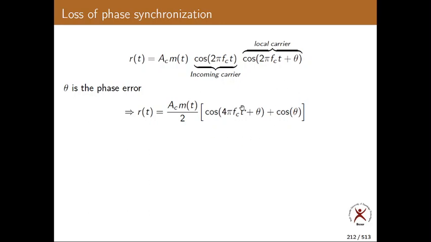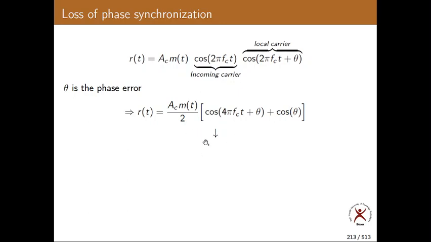In the previous example, theta is 0. I did not take any phase difference or any frequency difference. I have taken both carriers to be the same. So if theta is 0, you get 1 plus cos 4 pi fct. You got exactly the same. But here let us assume that there is a loss of phase synchronization, so you get it like this. I hope you are following my calculations at least. Now, after passing through the low pass filter, what happens?